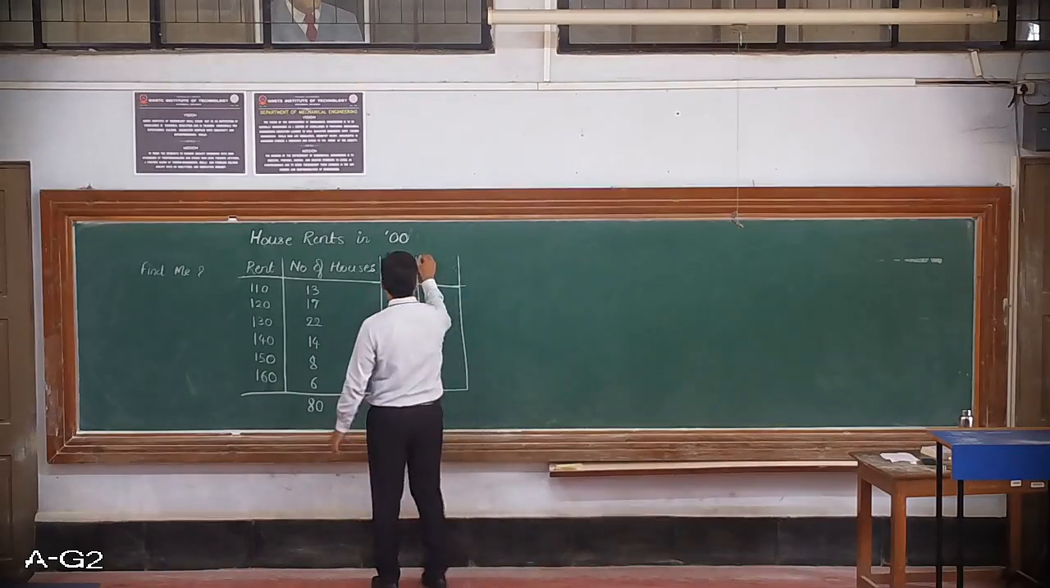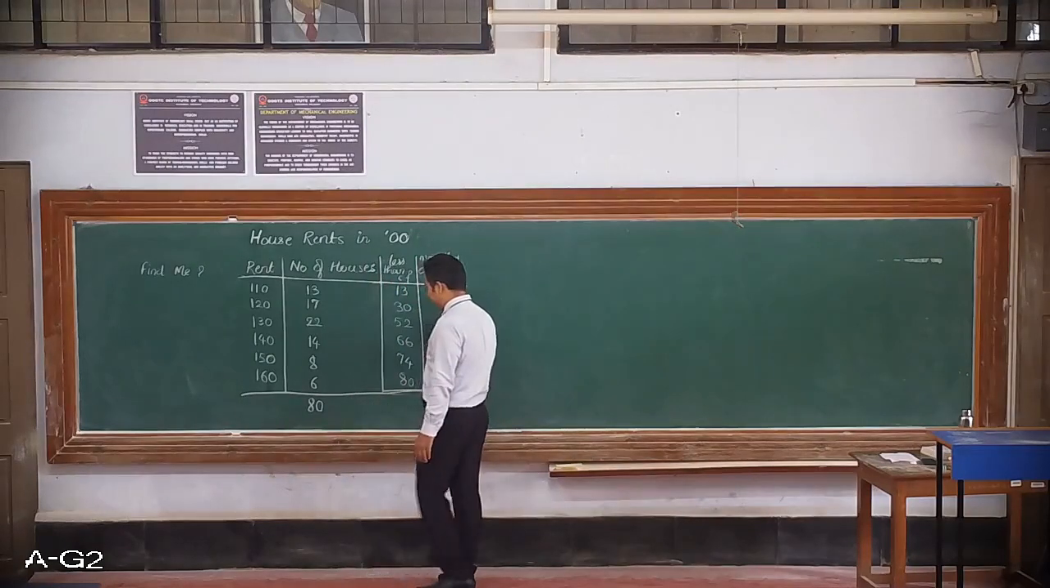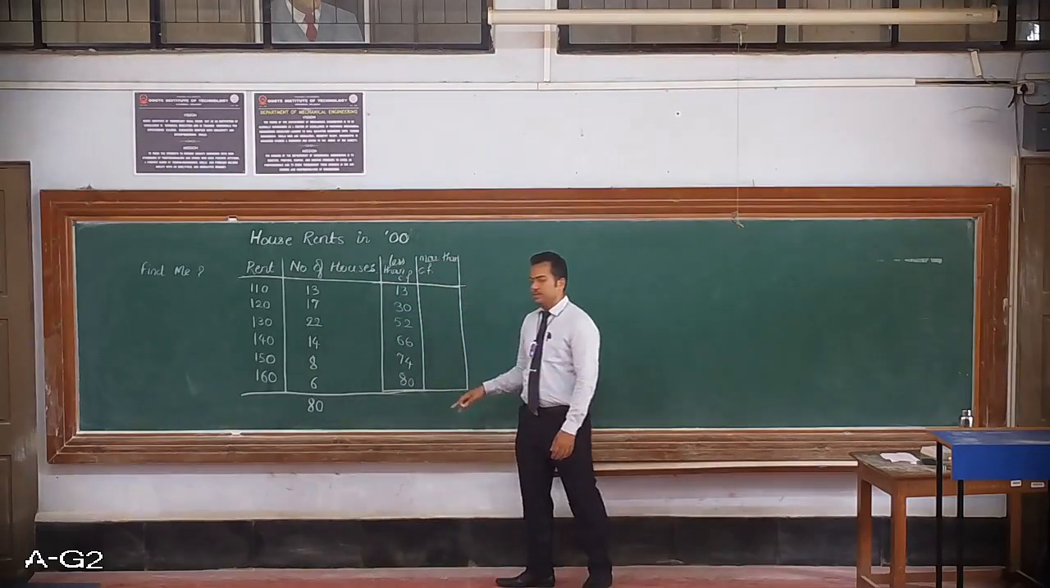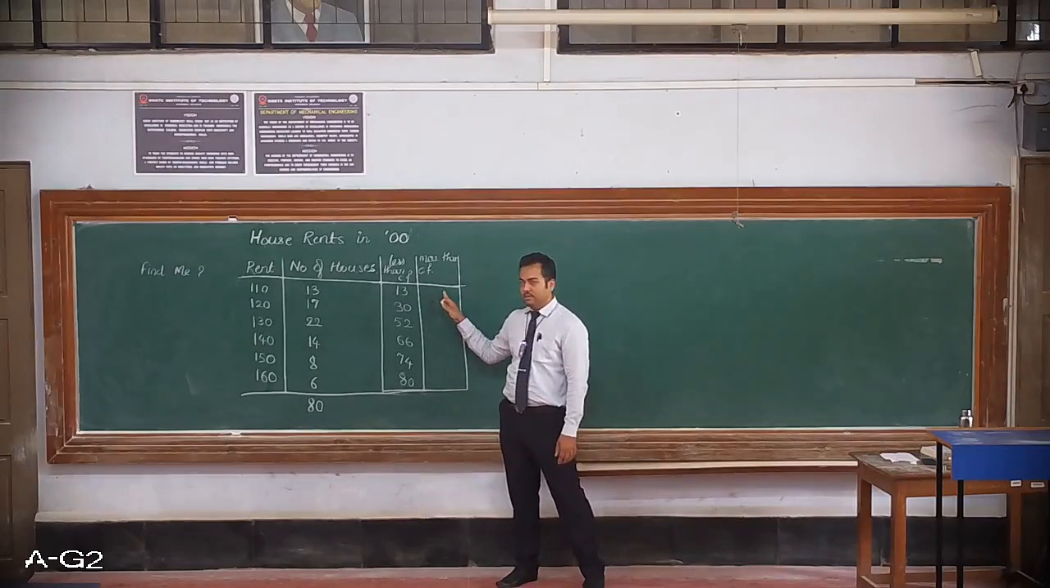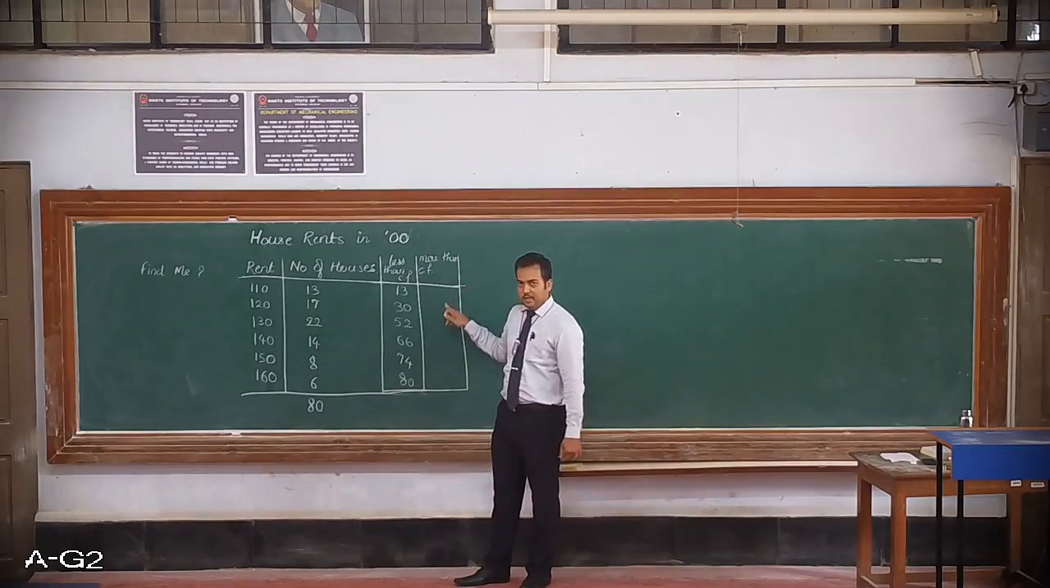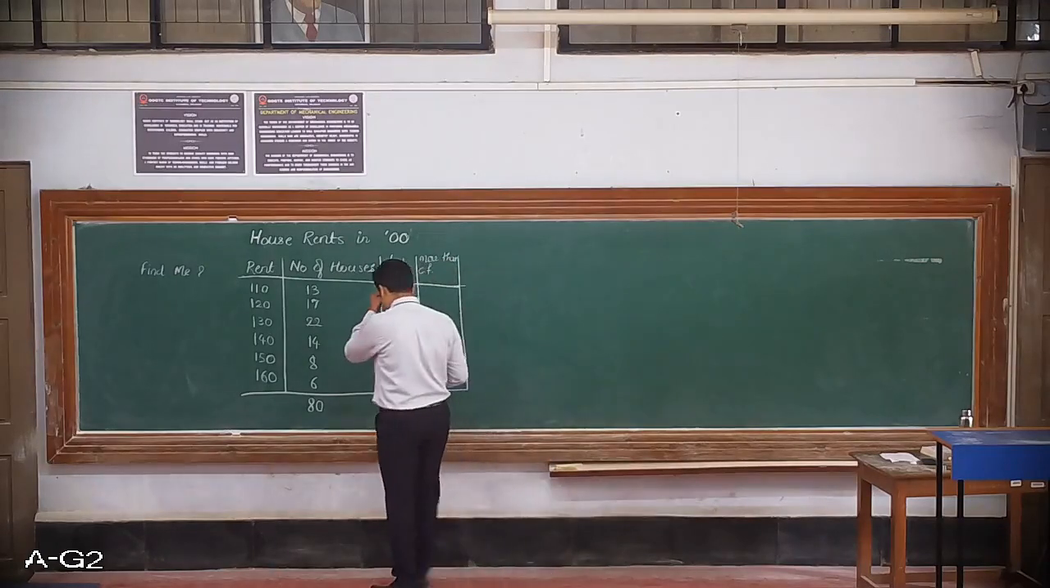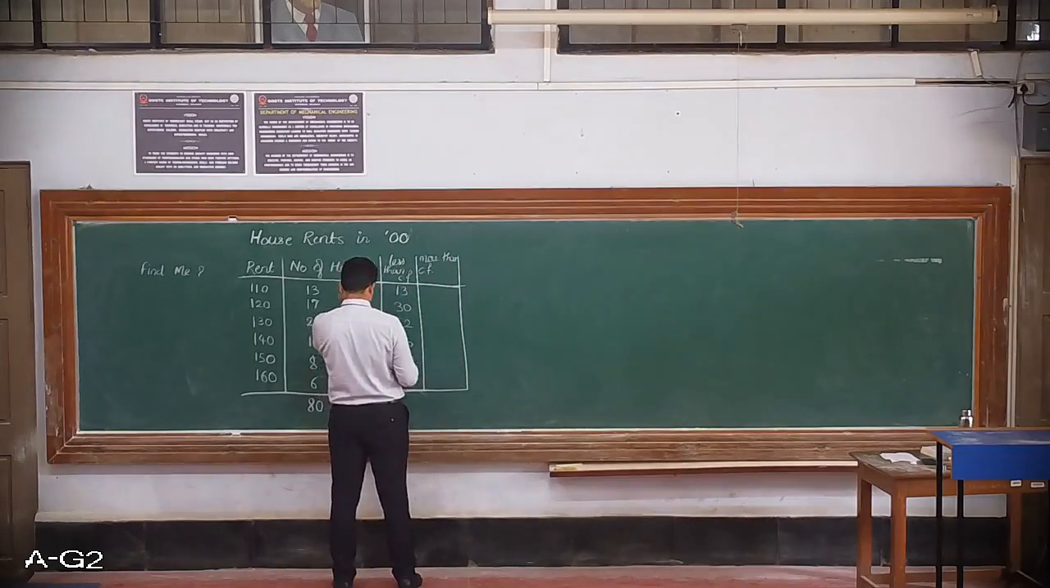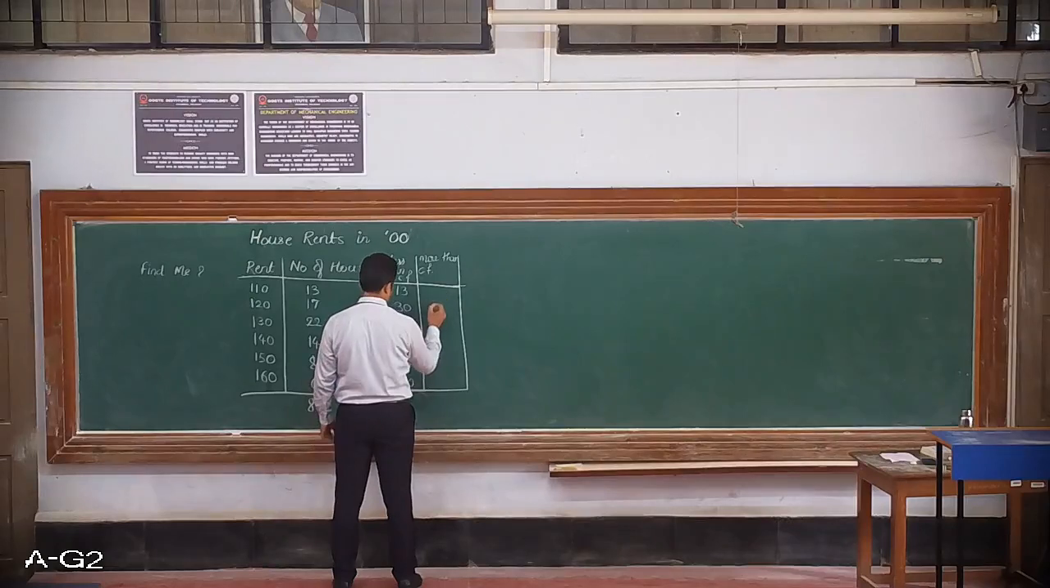Then to find the more than cumulative frequency, for more than cumulative frequency, you can directly have here the highest value, or we can start with this frequency and go on adding in this way. Okay, this is also fine. So if you start with the highest frequency,